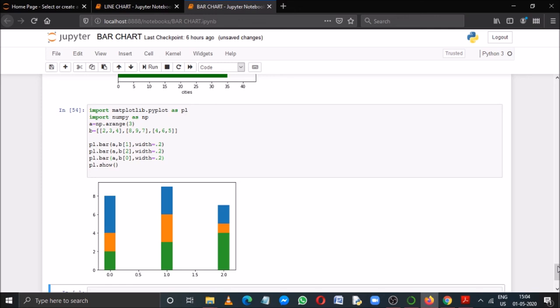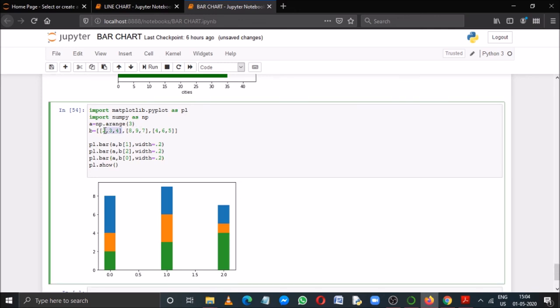What I have done here is, the bar that has the smaller values like 2, 3, 4, I have placed at the last. That means this bar is plotted last, and the green bars are represented by this one. Now for the mid-range value, this one 4, 6, 5, I have placed in the middle position. That means this bar is placed at the middle layer.